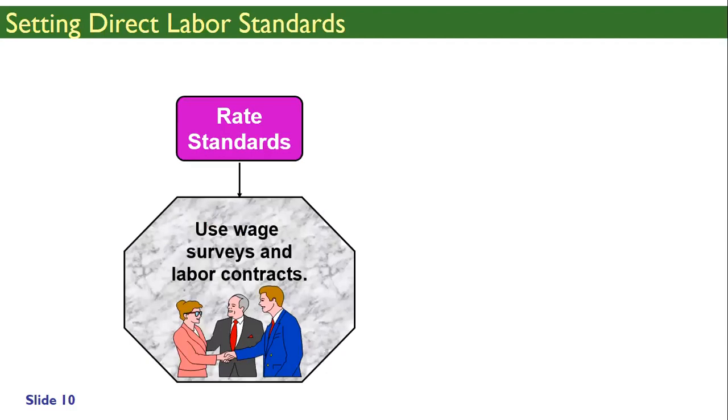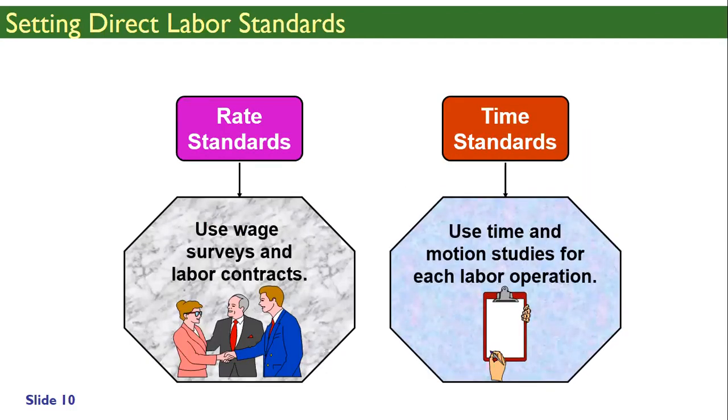Similarly, you have labor standards. Labor standard, again, you set for two. You have the labor rate standard, which means what is your wage? You say we pay $5 per hour. That is the rate standard. And how much time is required on 1 unit? So one table we make, one person should be making a table in 2 hours. So $5 per hour and 2 hours should be worked. So you have got the rate standard $5, the time standard, which is 2 hours. So $10 is the cost of labor.